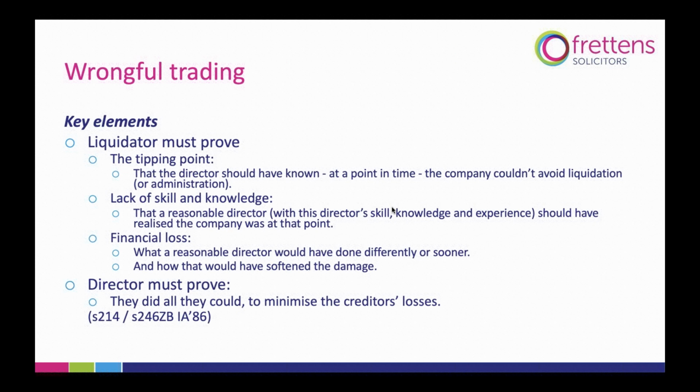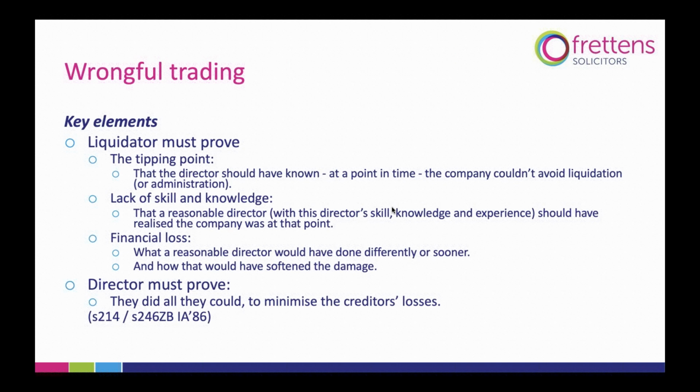For the second of those points, the lack of skill and knowledge, you have to show that a reasonable director with all of the skill, knowledge and experience of the director in front of you, that reasonable director should have realized that the company was about to go over the tipping point. And the third thing you have to prove, financial loss, is you have to say what it is, you have to prove what it is that a reasonable director would have done differently or sooner, and how that would have